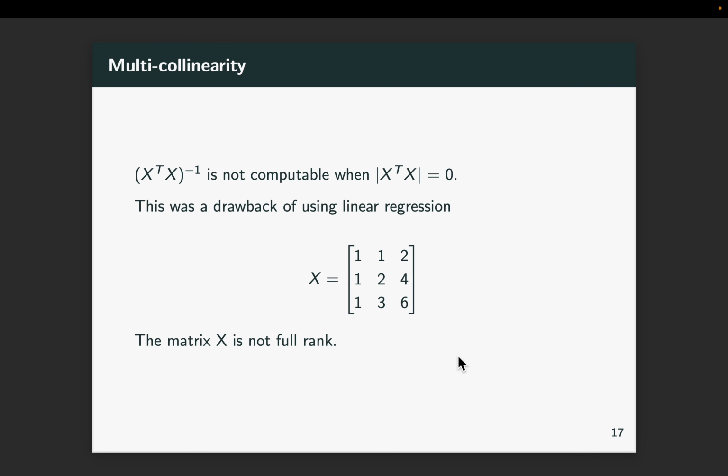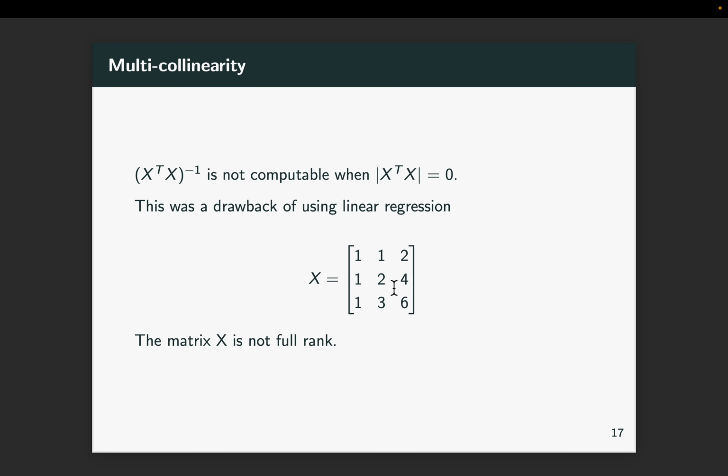Okay. Another interpretation of regularization relates to multicollinearity, which we studied in one of the recorded lectures that I sent over the weekend. We saw that x transpose x is not invertible, or x transpose x inverse is not computable. If a setup was like this, you can see that there is a relationship between the two columns. The last column is 2 times the second column. So therefore, this is not a full rank matrix. X transpose x is not a full rank matrix. Therefore, you will not be able to solve using the